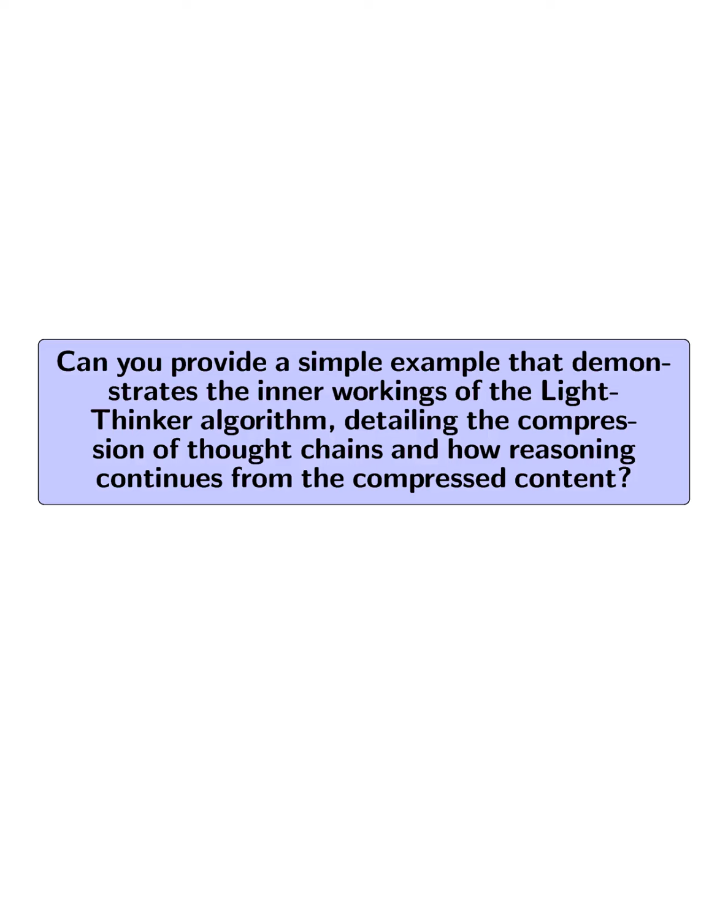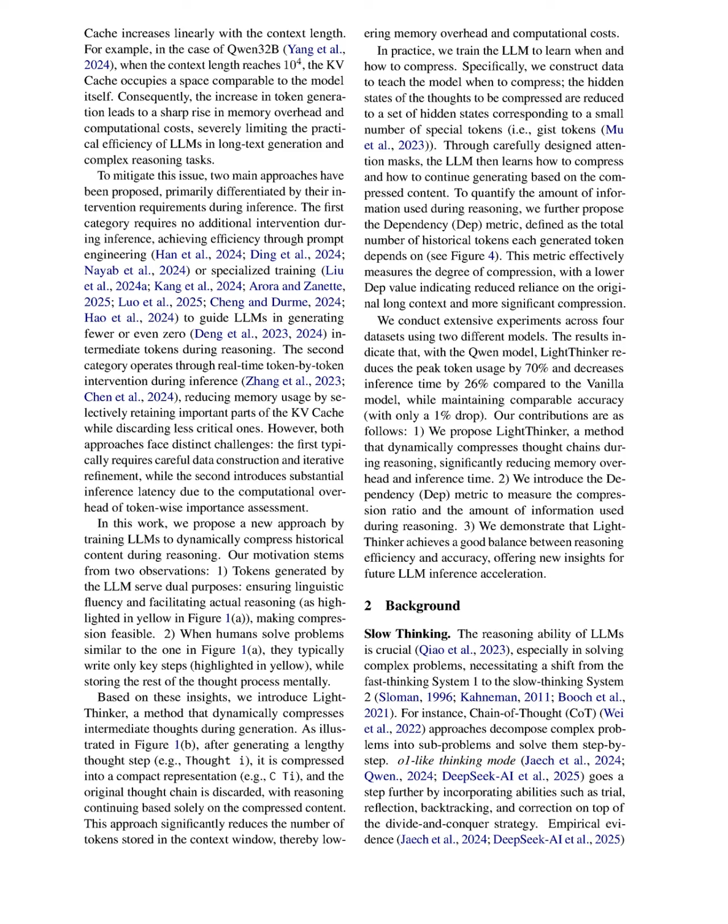Can you provide a simple example that demonstrates the inner workings of the LightThinker algorithm, detailing the compression of thought chains and how reasoning continues from the compressed content? The LightThinker algorithm operates by dynamically compressing thought chains during reasoning to enhance efficiency. For instance, when the model generates a lengthy thought step, such as, to solve the equation, first isolate the variable by subtracting 5 from both sides, it compresses this into a compact representation, like CT, which retains the essential reasoning